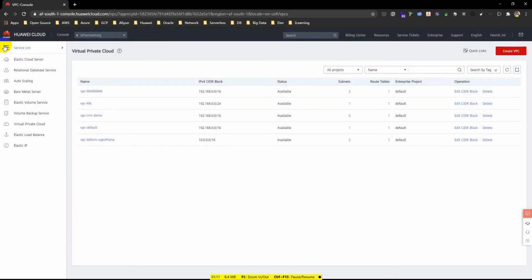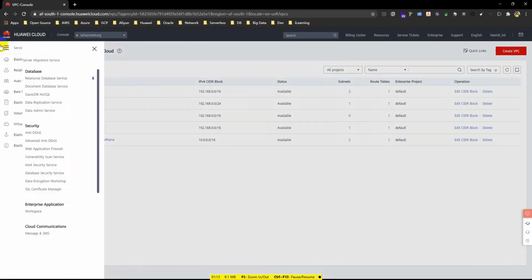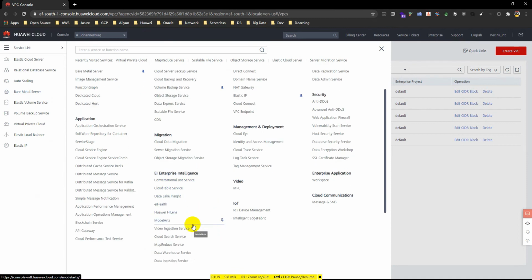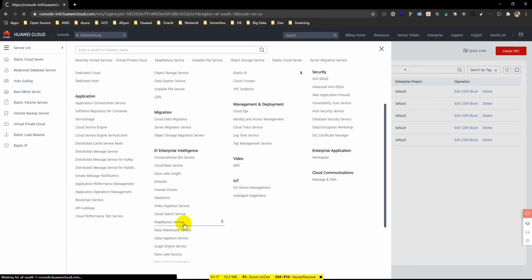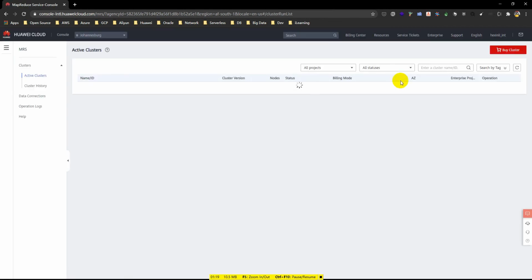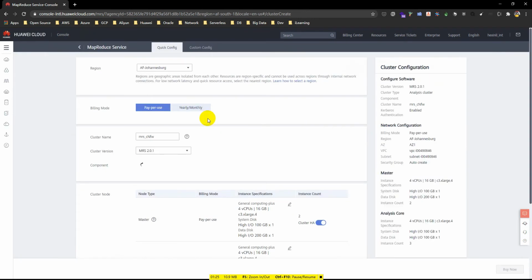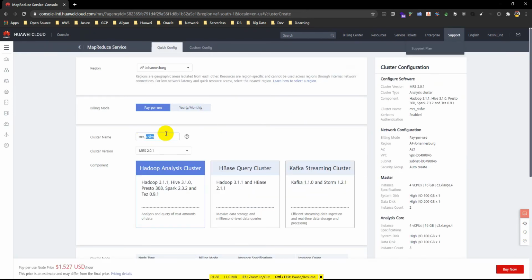From the Enterprise Intelligent Catalog, Service Catalog, we come to MapReduce Service and subscribe a cluster. Here, we create the real-time processing cluster first. Just make sure you're in the Johannesburg region. Choose Customize Config,